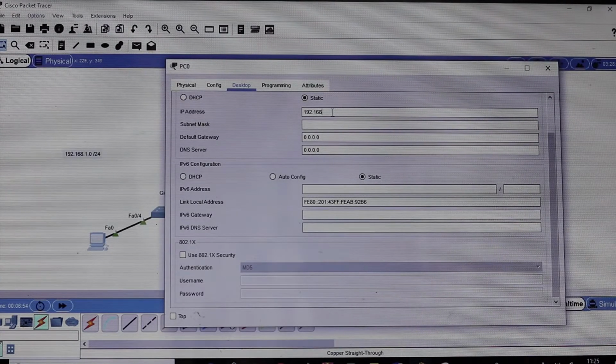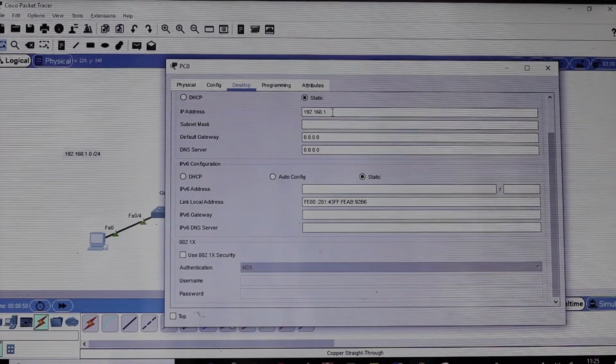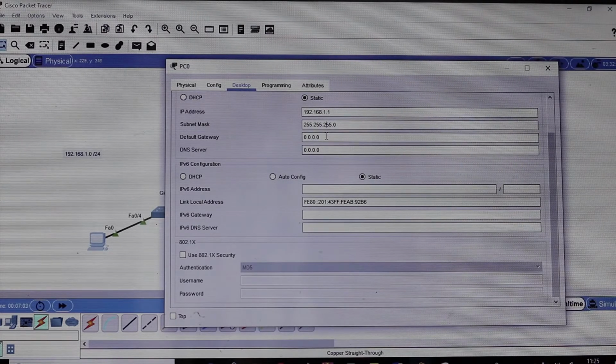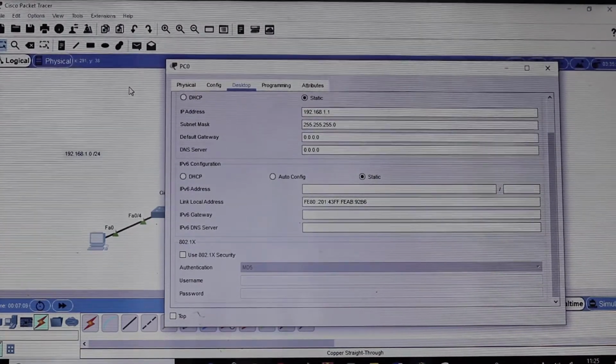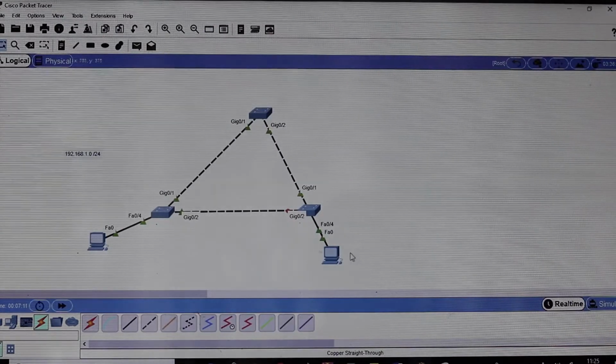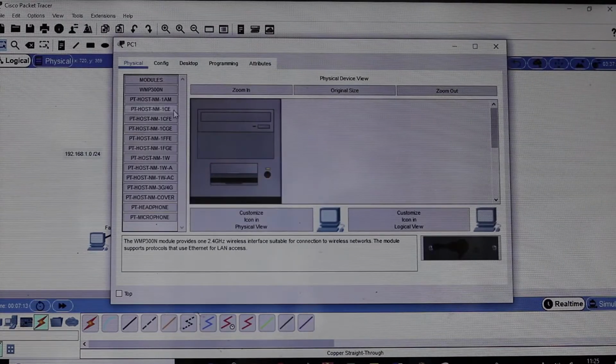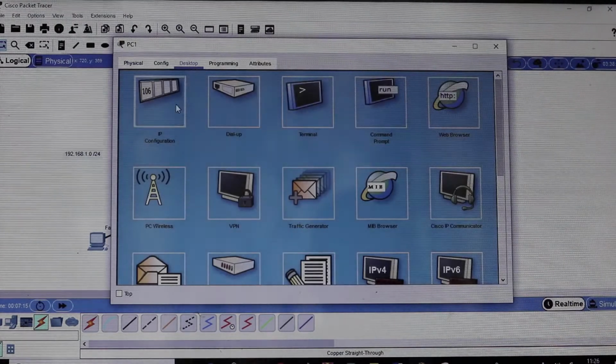Should I choose 192.168.1.1? All right, that's the first IP. So 1.1, and no default gateway. We don't need any default gateway. So over here, I'll assign the second IP address to this PC.